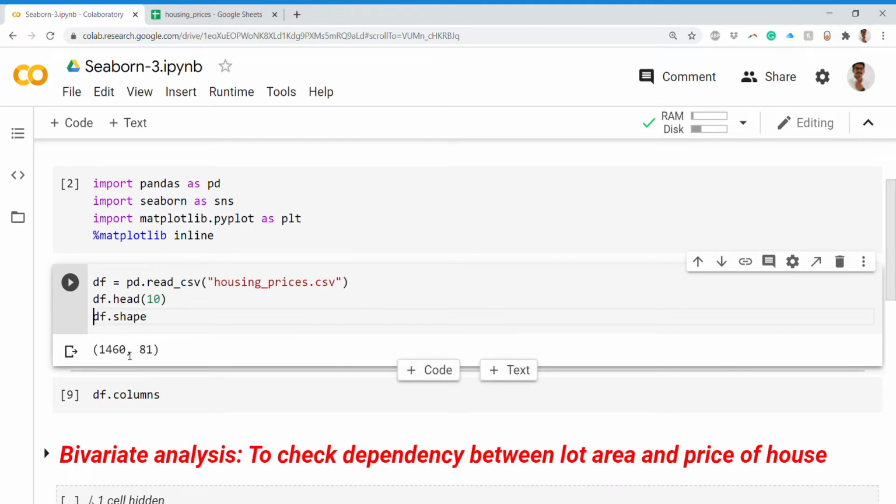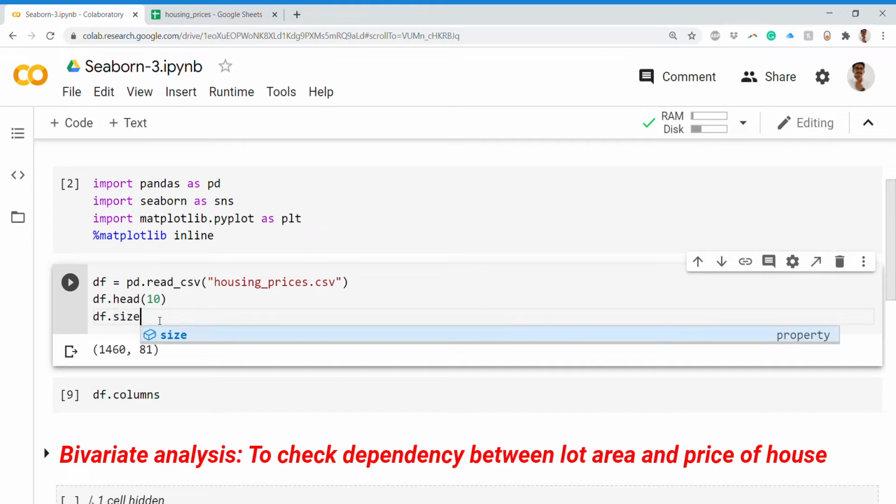So we have 1460 rows or records, and correspondingly 81 columns. This is the shape, and if you want the size, it is something like this. Those two quantities multiplied give you the volume of the data set you have in your hand.